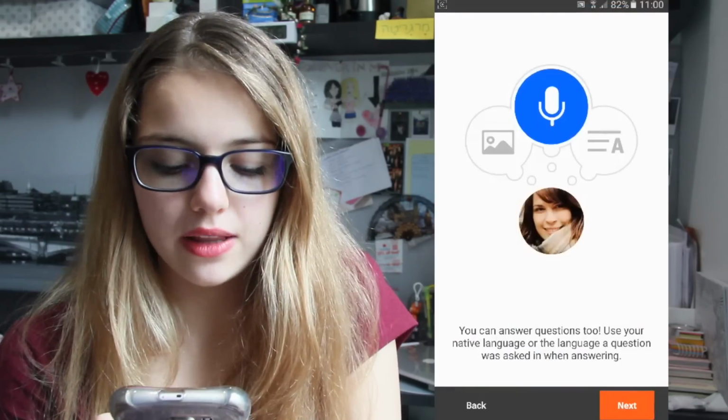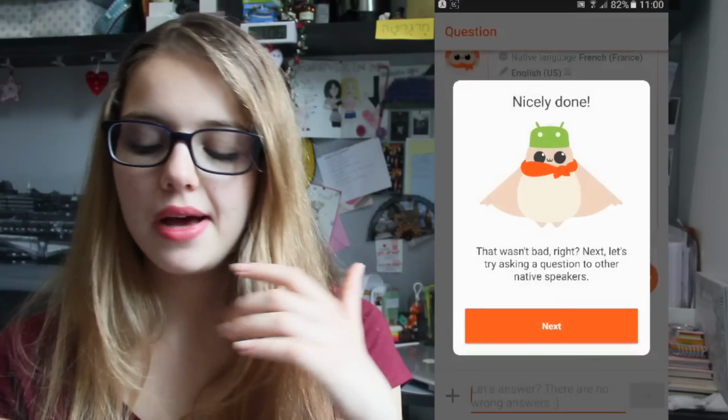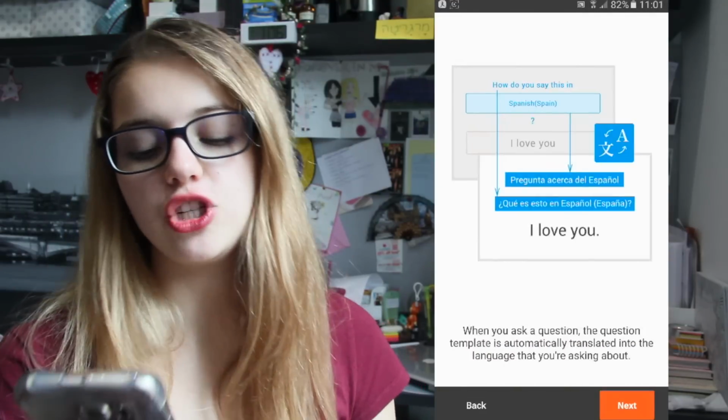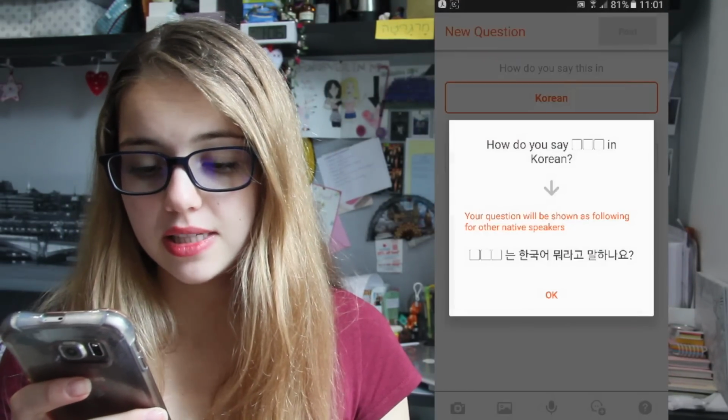You iOS people. But yeah, after I've done that, I had access to the app and it was pretty straightforward, with a nice layout. It gives you a little tutorial at the beginning to give you an idea of what you need to do if this is your first time signing in and you don't know about the web version. And the way the site looks is pretty much the same.